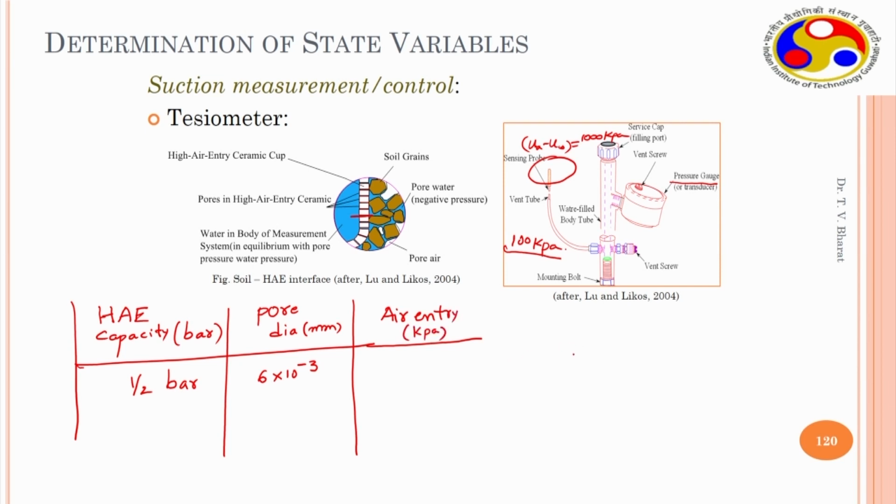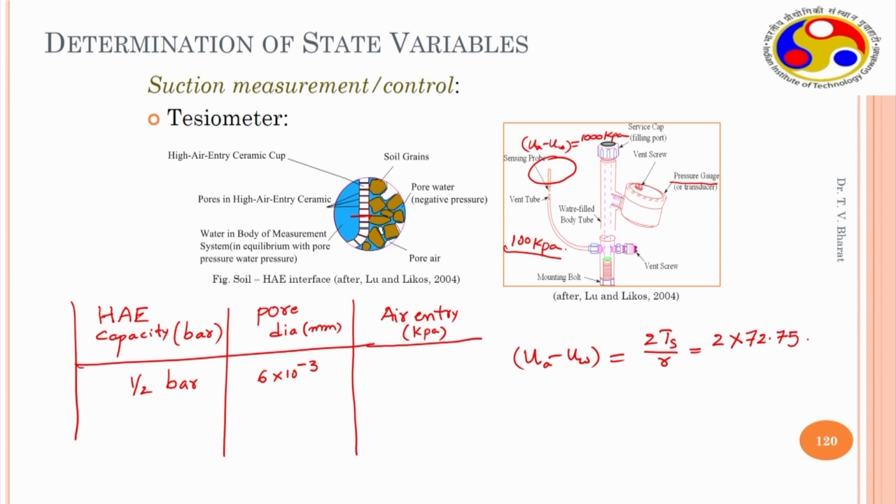That can be estimated using the Young-Laplace equation as we have done earlier. u_a minus u_w is 2 T_s by R, 2 into the surface tension at standard temperature. You may use 72.75